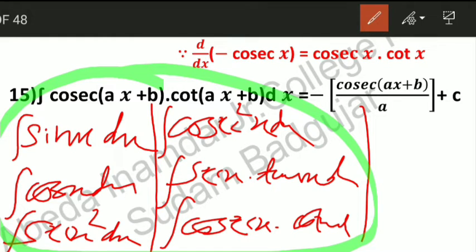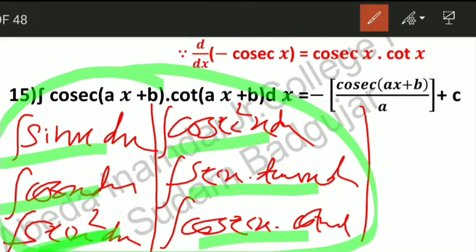Here you have to observe, here we have sin x, cos x. There is no tan x, integration of tan x is not here, integration of sec x is not there, cot x is not there. Right now we have 6 formulas: sin x, cos x, sec square x. These are the square forms, sec square x and cosec square x, and these 2 are in multiplication form. But there is no integration of tan x, cot x, sec x, but you must remember those formulas, so we can derive that.